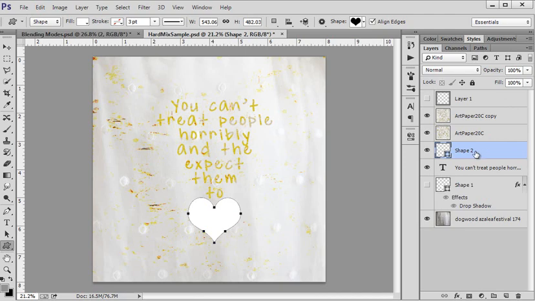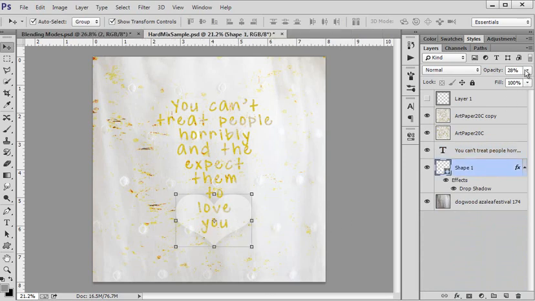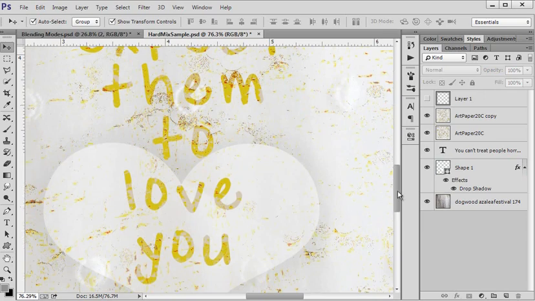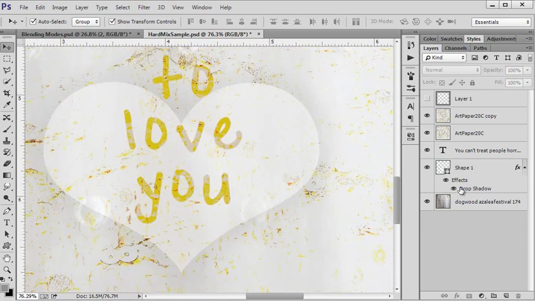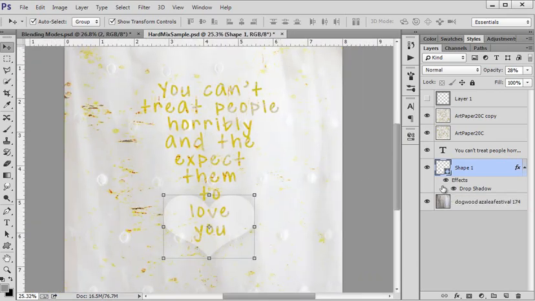I played with it, but let's just go look at the one I made. And I made it subtle into the background, so I ended up lowering it all the way to 28%. See, that's just too harsh. I lowered it all the way. I was down to 28%, which I just played with it. And when I did that, you see there's still the grungy stuff coming through the heart. And then I added a drop shadow. Here's before drop shadow, after drop shadow, and I just played with the drop shadow, and I wanted something subtle